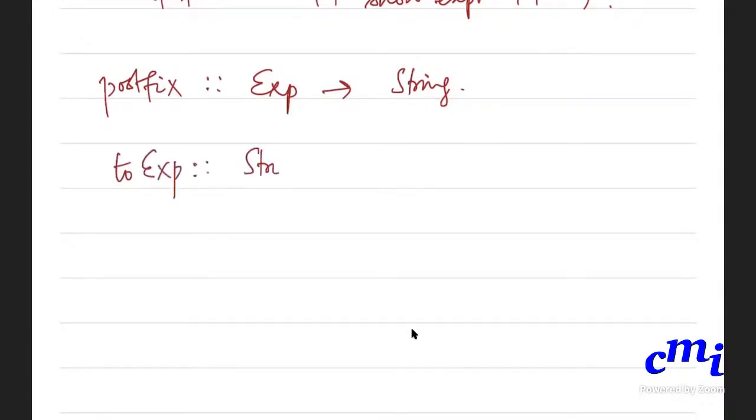It shouldn't be strings, it should be a list of tokens or whatever. Now a postfix expression is a string, but I don't want to muck around with strings, etc.